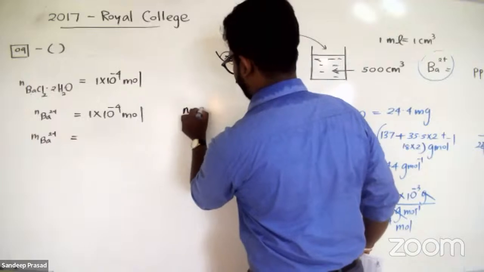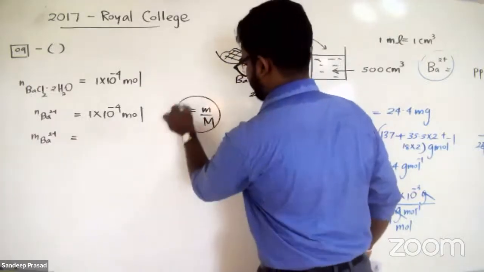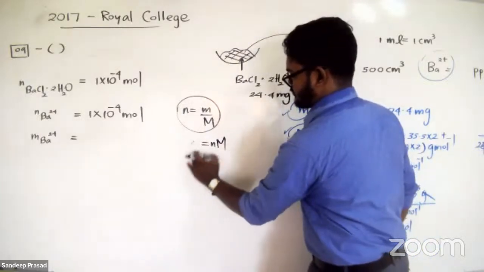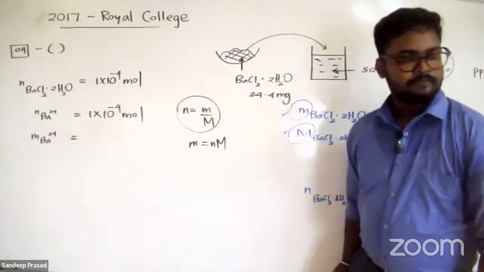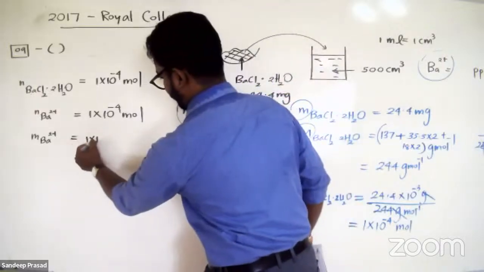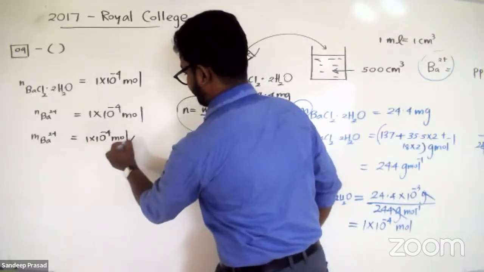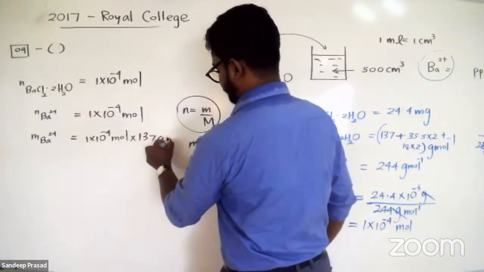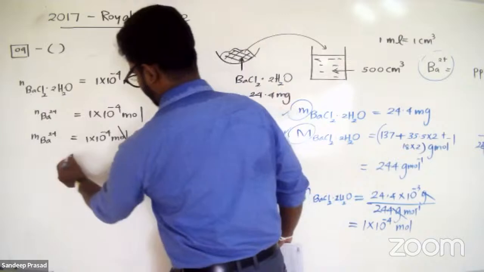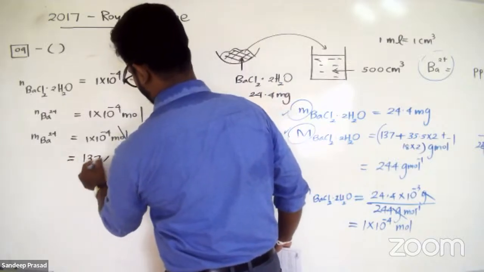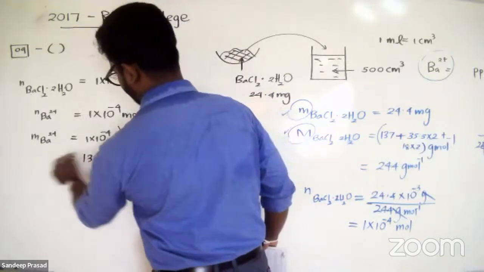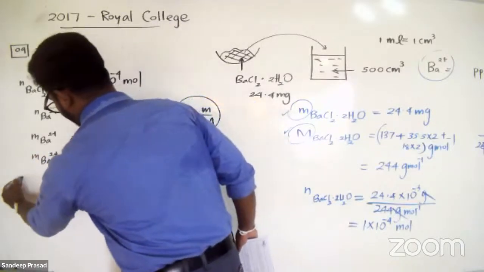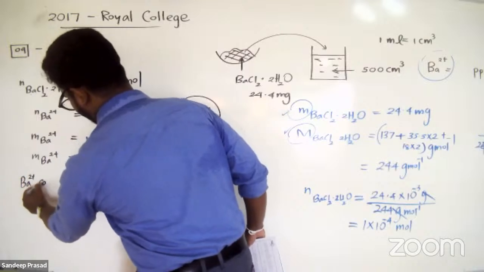According to the equation, small n over small m over capital M, then mass is equal to the number of moles multiplied by the molar mass. What is the molar mass of barium? Barium is 137 grams per mole. So the answer is 137 into 10 to the power minus 4 grams. Now I can find out the barium 2 plus content